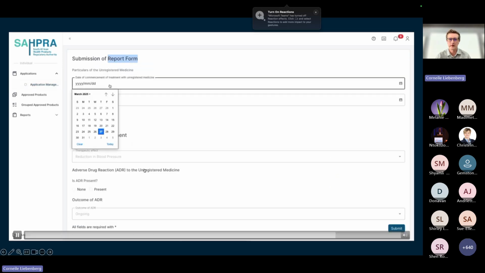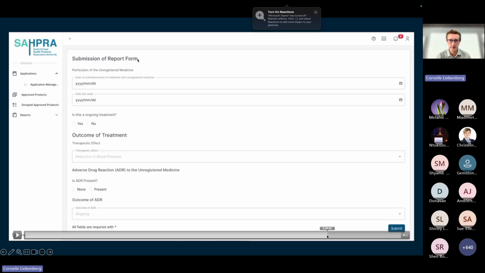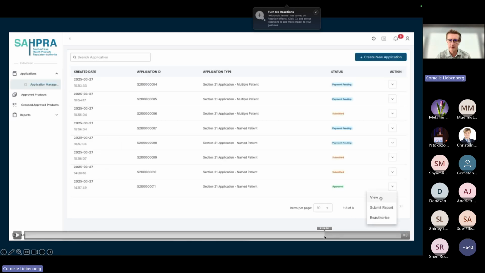And this is now, sorry, that went a bit quick. Let me just go back. So from here, just to stop there. So here you can then go into the application to view the approval letter, and then further down the line,